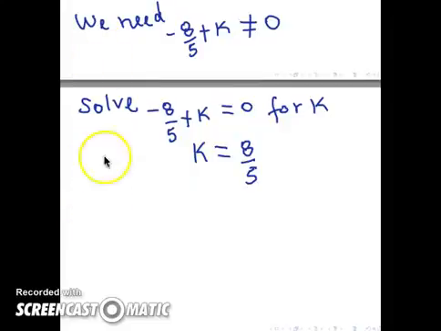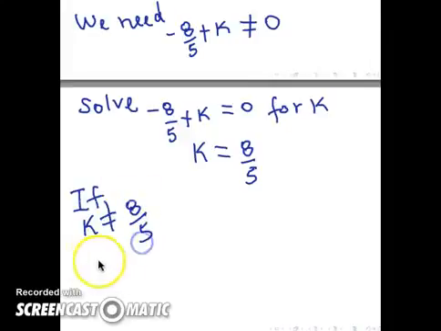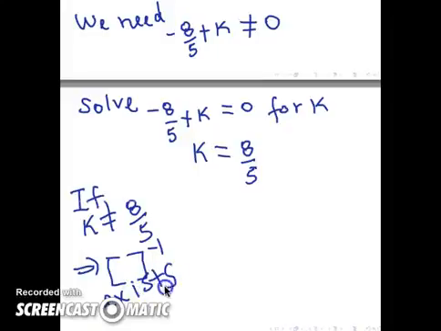So the answer to this question would be that if k is not 8 over 5, then the inverse of the matrix we're investigating exists. Okay, and that's exactly what we wanted. We wanted an answer of that type. We have found the value that makes the matrix